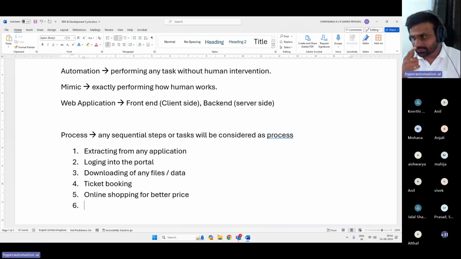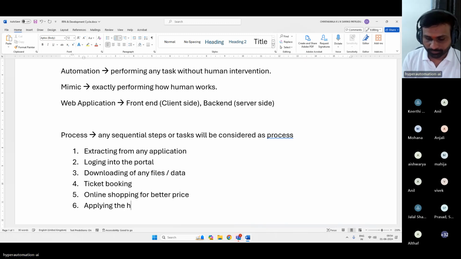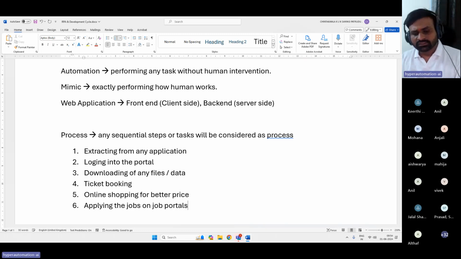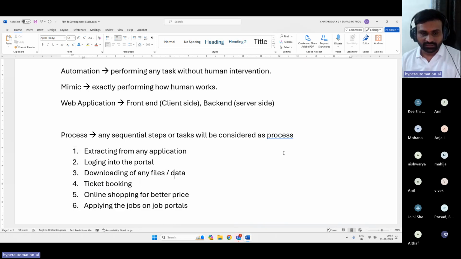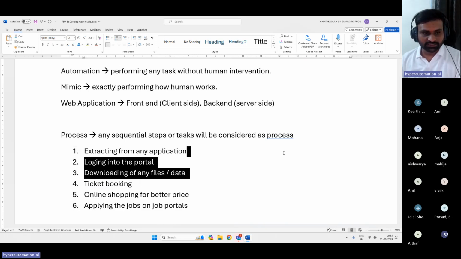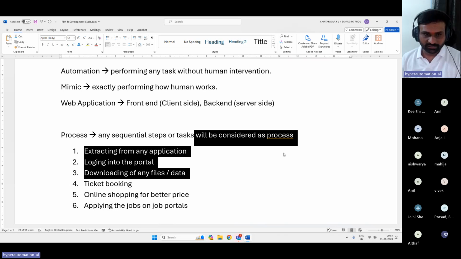Next, someone said applying for jobs on job portals, right? So these are the basic three things which generally everyone will do. When we are working, like looking for a job and all these things, we will be doing it.